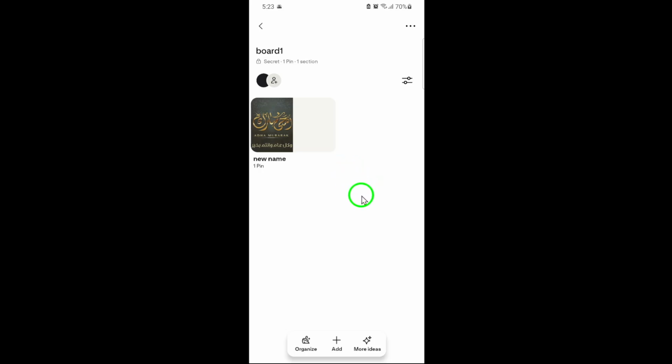And that's it. Sharing a Pinterest board has never been easier or quicker. Whether you're planning a project, sharing recipes, or just spreading inspiration, this updated method keeps everything smooth and straightforward. Give it a try and start sharing your boards